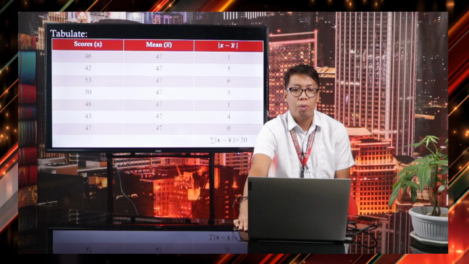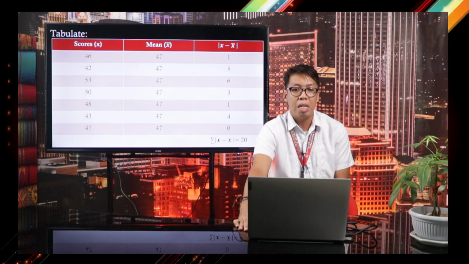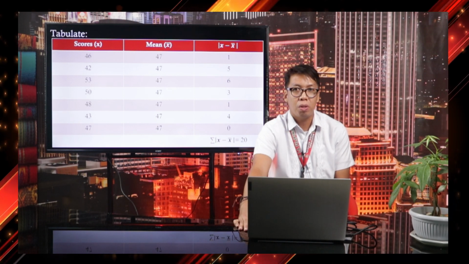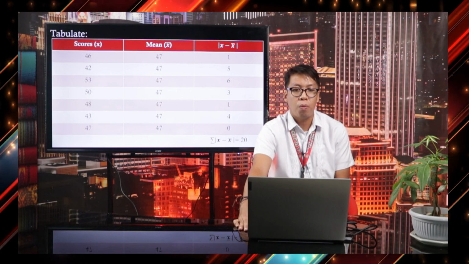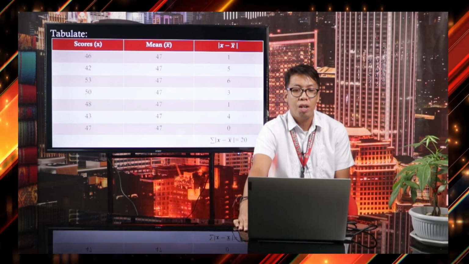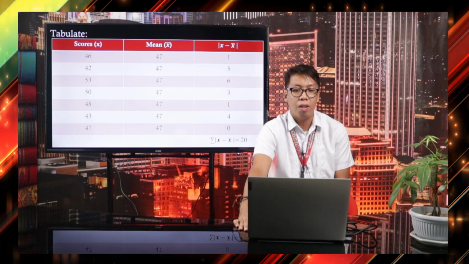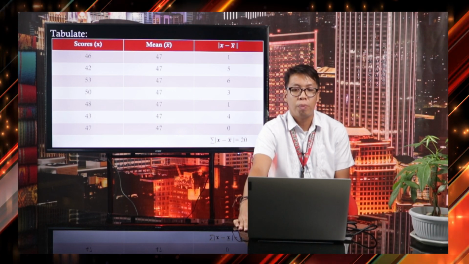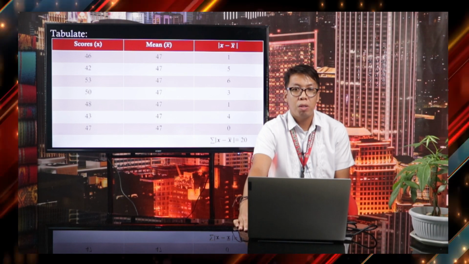To tabulate, we have the table. We have the scores, the mean, and the score minus mean. So we have our first column of scores: 46, 42, 53, 50, 48, 43, 47. For the mean, we have 47 all. For the score minus mean, we have